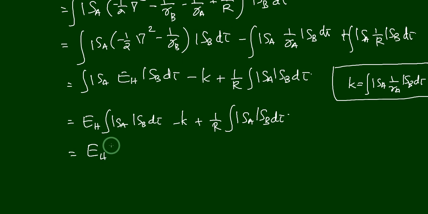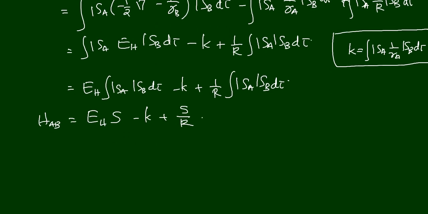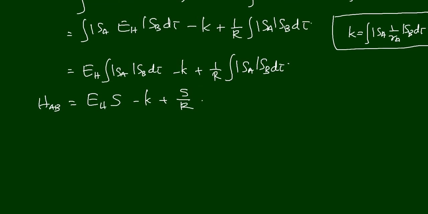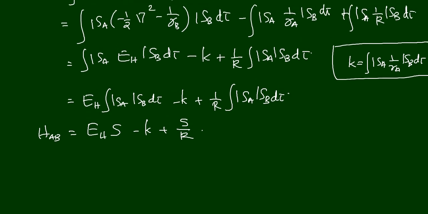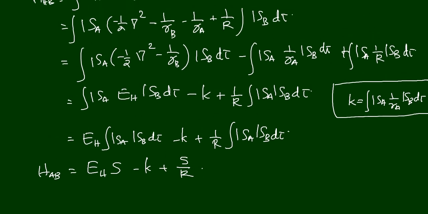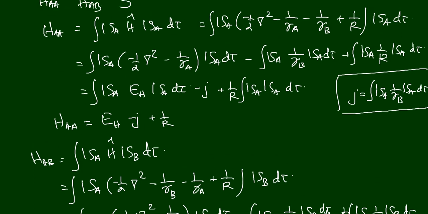So we can write it like S: EH into S minus K plus, this is also S, ∫1sA 1sB dτ is equal to S, so we can write it like S divided by R. So EH into S minus K plus S divided by R. This is HAB. So we have HAA and HAB, and now we are going to substitute for HAA and HAB in our equation